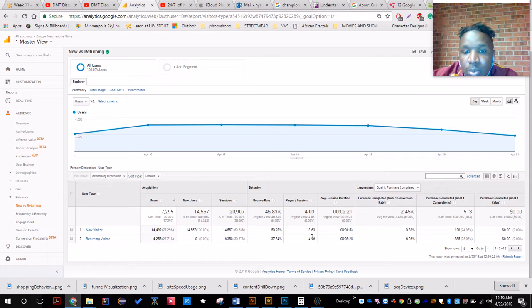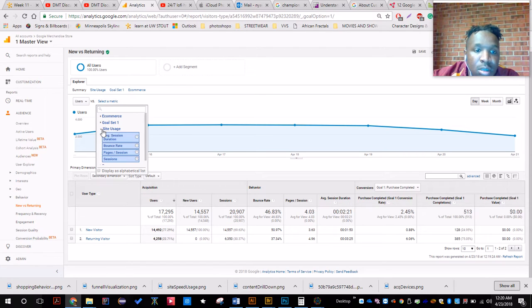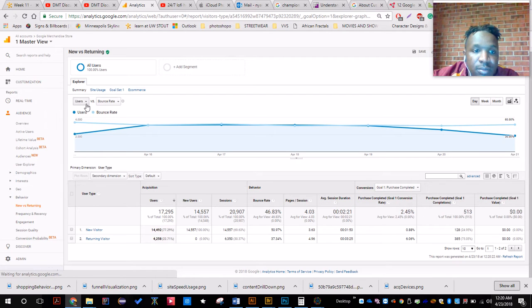You can see how many pages they went through. This one went to almost five, this one almost three. That's not bad, but the bounce rate is really high for new users. So you can get that data. Maybe we can go look at the page he went to, and we can see what was not attractive to this new user. And then up here, you can look at the site usage and compare the bounce rate